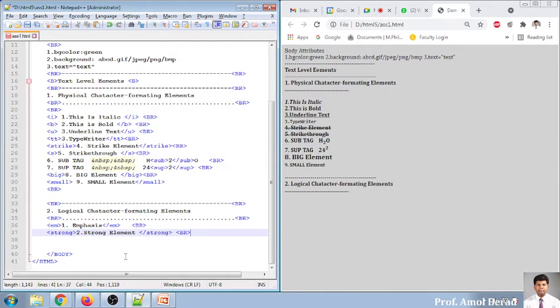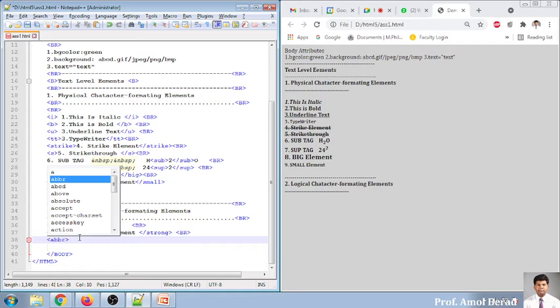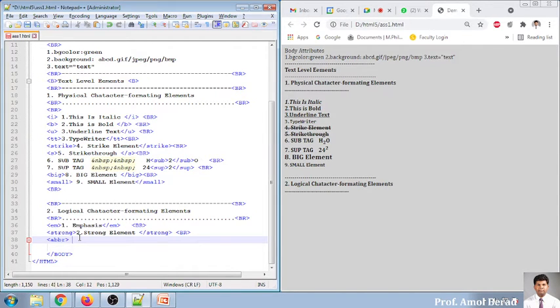So in all, nine tags are available over here. So this is the strong. Then I will go for abbreviation, ABBR. Abbreviation is always displayed after the book. So abbreviation is the third one. I'm closing this ABBR.